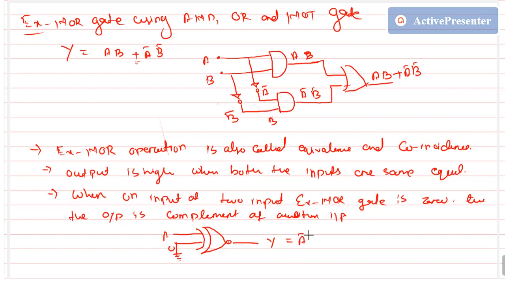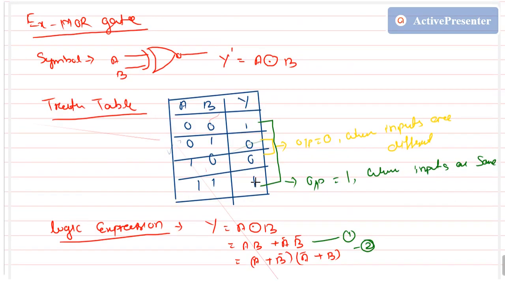And here y equals a bar. So this is saying this. From the truth table, let us see this. One of the inputs is 0. Suppose I have made b equals 0. So let us consider this case and this case. So b equals 0 is fixed. Then if a equals 0, what is the output? Output is 1. So 0 0 output is 1. So we can say 1 is a bar or the complement of a.